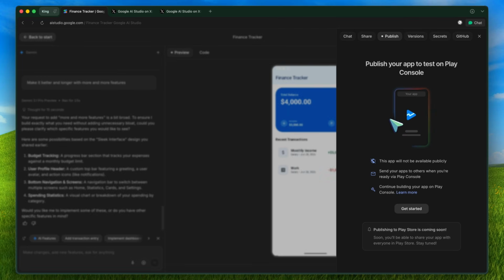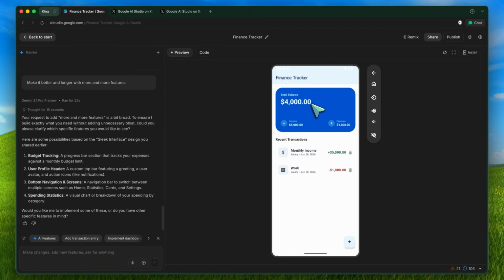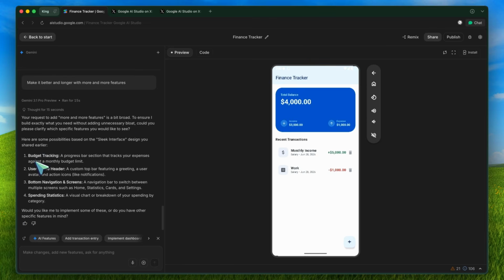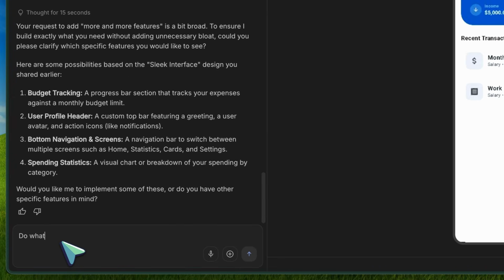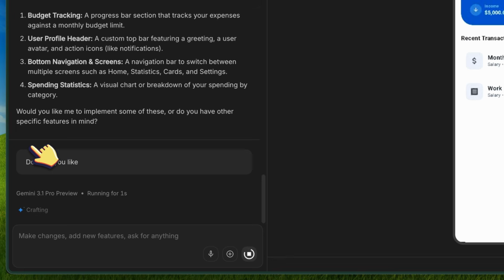Now, there are some limitations as well. Android apps in AI Studio are currently more limited than web apps. The full-stack features like Firebase integration, secrets management, workspace APIs, and multiplayer support are mainly for web apps, not Android apps. The Android app generation is also focused on Kotlin and Jetpack Compose, so you should not expect Java projects, old XML layout workflows, NDK support, Wear OS, Android TV, or complex multi-module projects from this yet. And for Android projects, the docs focus on downloading the project as a zip, so don't assume it has the exact same workflow as the web app